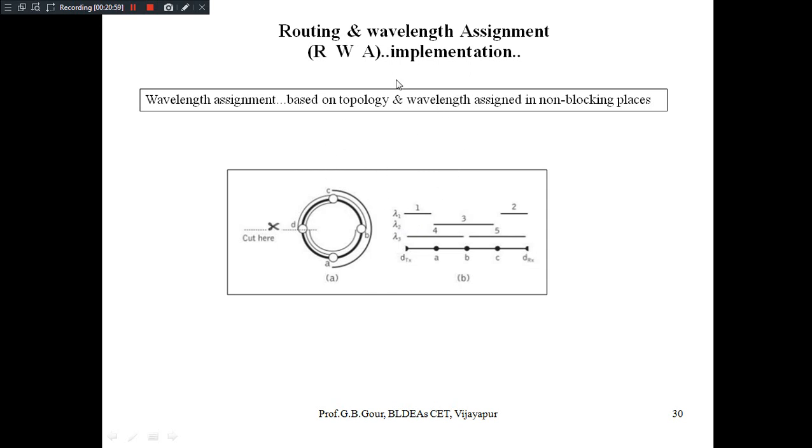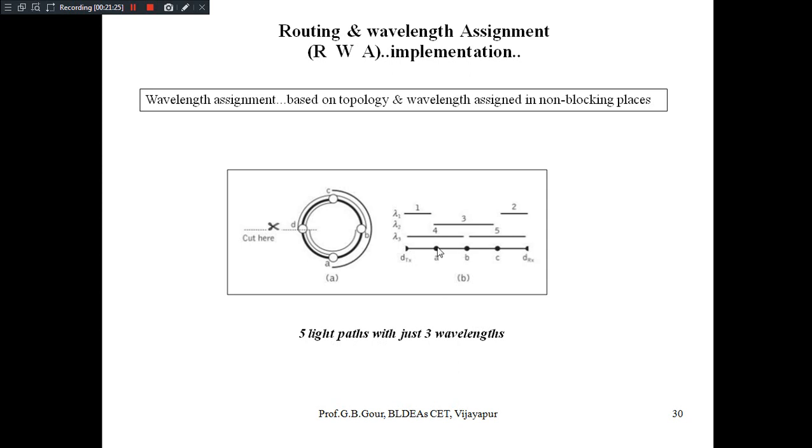This is the complete concept of RWA, routing and wavelength assignment. For example, for you to understand, we have a ring topology with 4 nodes. If you cut node D into 2 parts, a D transmitter and a D receiver, we have a total of 5 light paths with just 3 wavelengths.